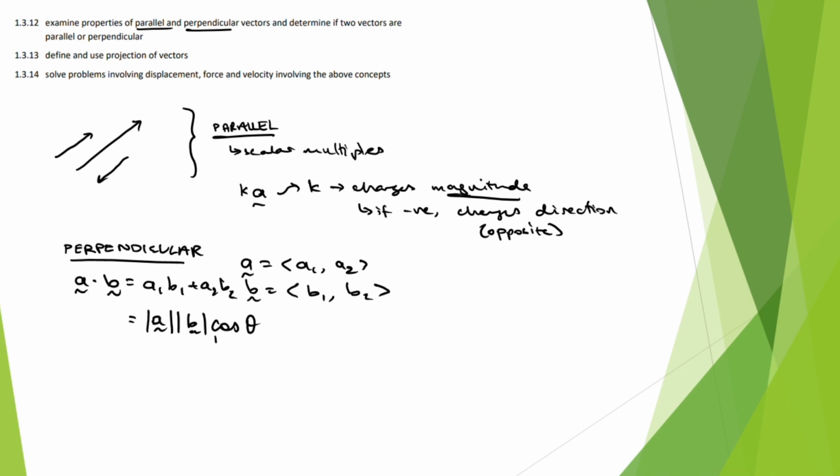And importantly, if we look at cosine of theta, we know that cosine of theta is equal to 0 if and only if theta is equal to 90 degrees or 270 degrees or whatever else thereof. Okay, but most importantly, 90 degrees. So if I have my tail to tail like this, that's 90 degrees there. That would be 270 degrees, but normally, because we're looking at the tail to tail, we're going to use the